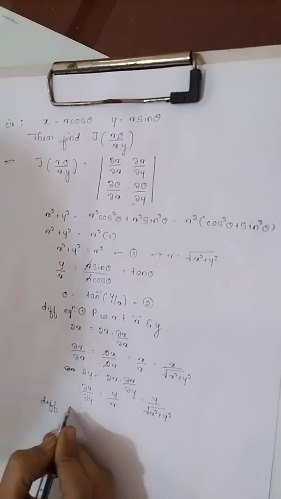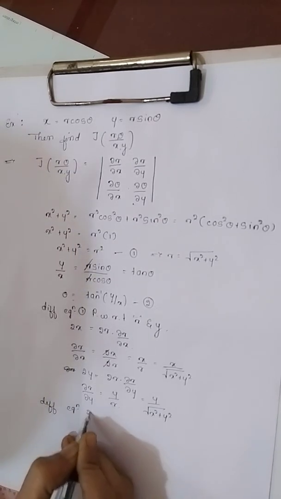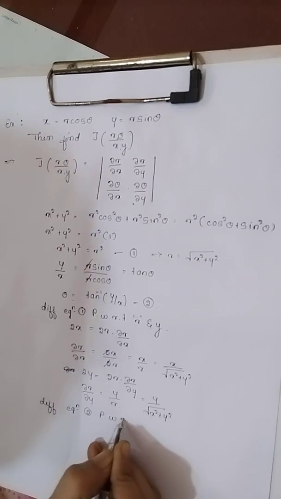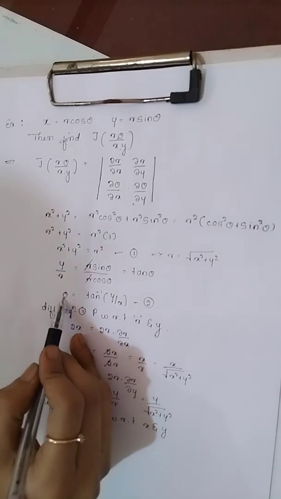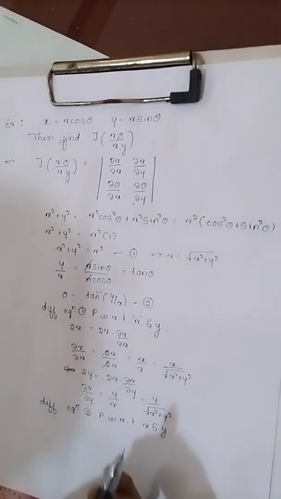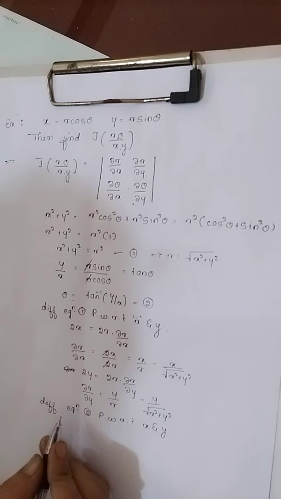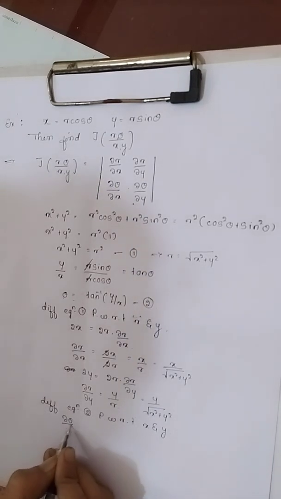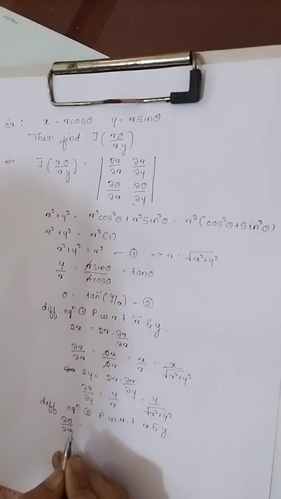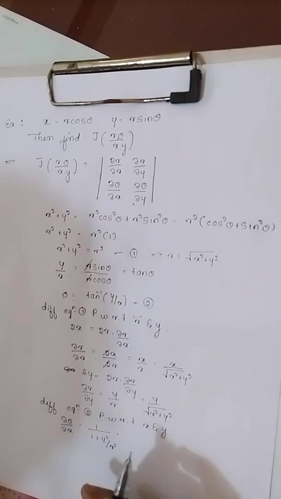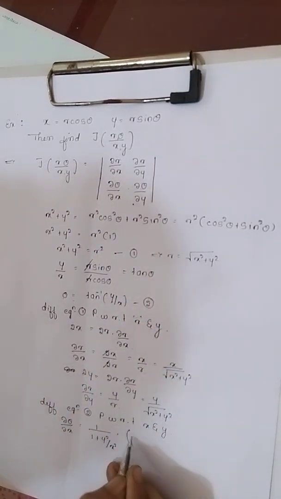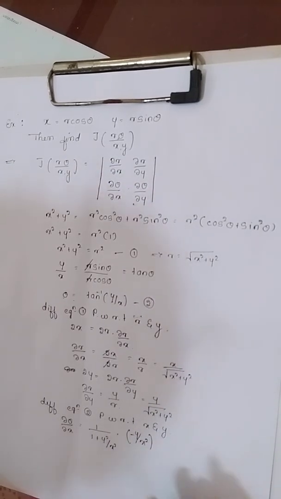So again similarly, differentiate equation 2 partially with respect to x and y. The term theta is in terms of y and x. So differentiation of theta with respect to x can be written as dou theta by dou x. So tan inverse y by x can be written as 1 upon y square divided by x square into differentiation of y by x. So it is minus 1 upon, minus y divided by x square.